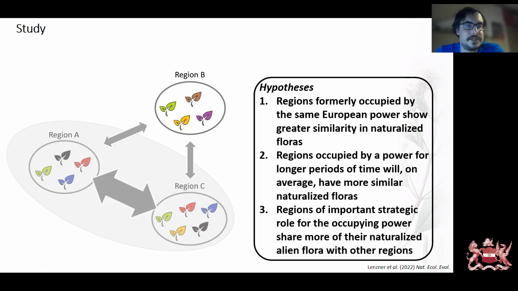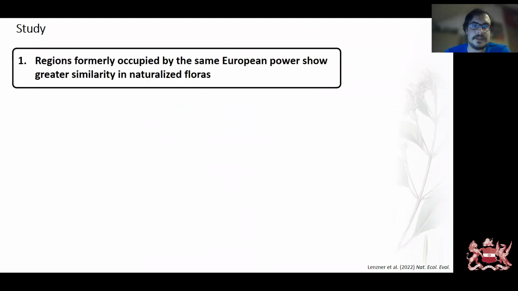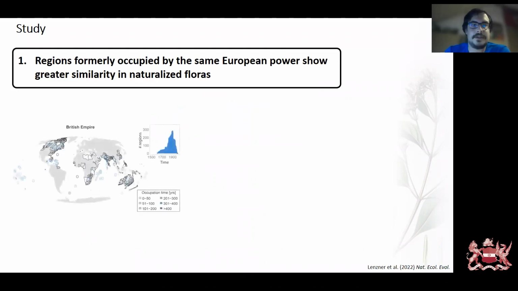And also regions of a specific important strategic role for the occupying power, so military or economic relevance, share more of the naturalized alien floras with other regions, because we assume higher visitation rates, higher introduction of species, deliberately or accidentally. To look at this first hypothesis, what we did is we looked at the observed empire and calculated mean